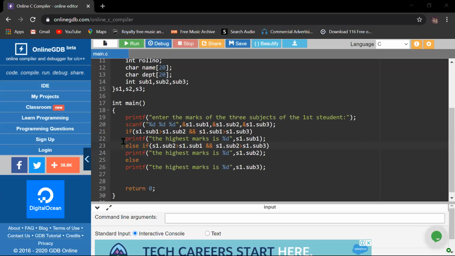Yes. So we already know how to declare an array in between the structure. So after declaring the structure, in place of S1, S2, S3, we write S within third brackets, open close, 3. So our array declaration is complete in between the structure. Is it okay? Now move on to the main function.